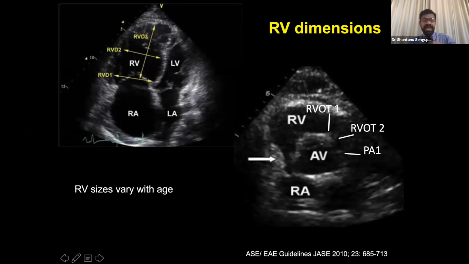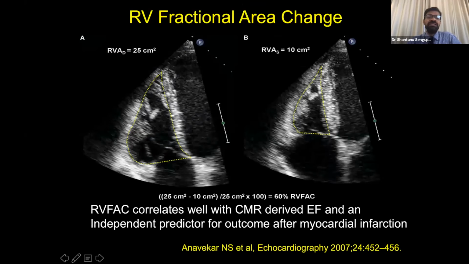Remember, it changes with age. You have a lot of changes with congenital. So we still are now recommending that you index it to body surface area, and you take the base, mid, and longitudinal axis, and the RV outflow tract measurements at all the levels. The fractional area change, we have stopped using it much because we now have robust 3D